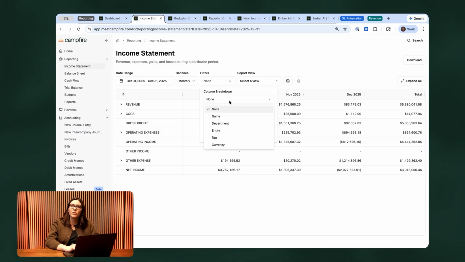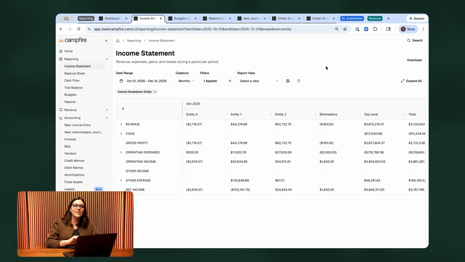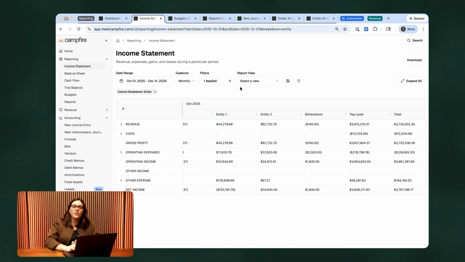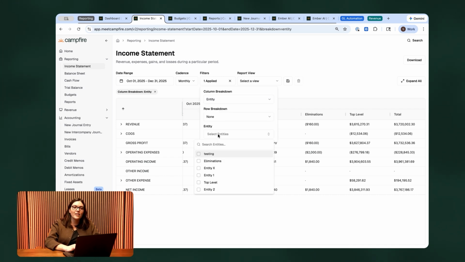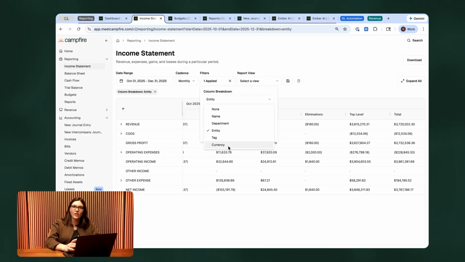We also natively support multi-entity, so you can very easily see all your different entities across the columns here, as well as your eliminations and your consolidated total. From here, you can also select any individual entity to look at that independently. We also support multi-currency. If you want to look at all your different currencies across the columns, that's an option